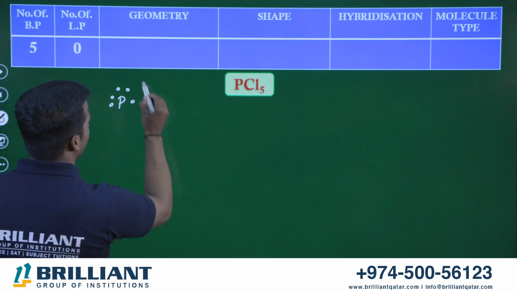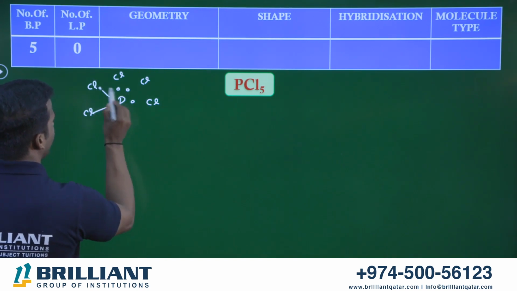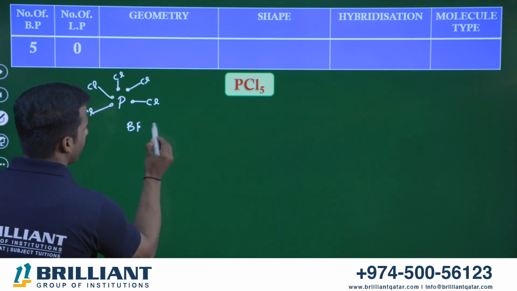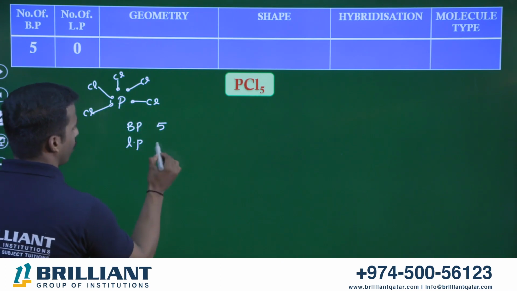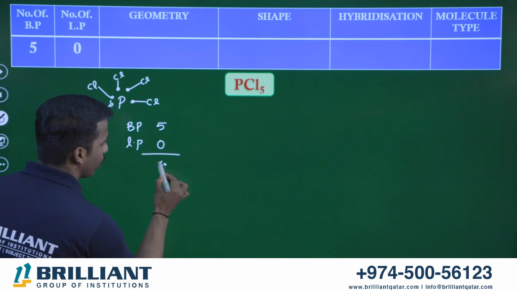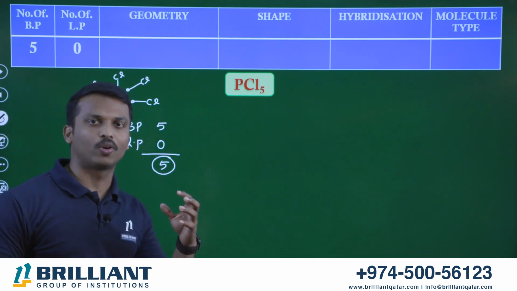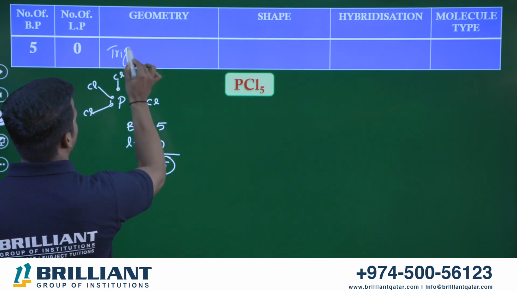Surrounded by how many chlorine? 5 chlorines are there. Each chlorine needs 1 electron. Okay, let them take. How many bond pair? There are 5 bond pair. Any lone pair? No, right? No lone pair, 0. Take the sum of bond pair and lone pair. 5 plus 0, 5. If the total sum of bond pair and lone pair equals 5, what is the geometry we studied again? Trigonal